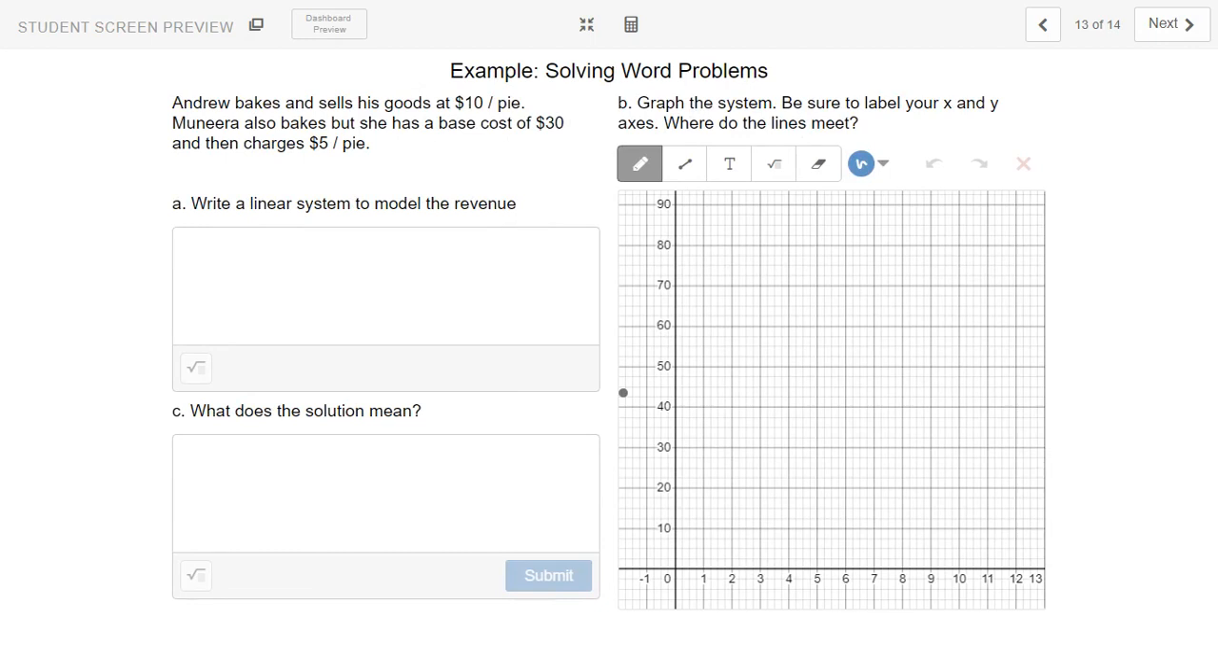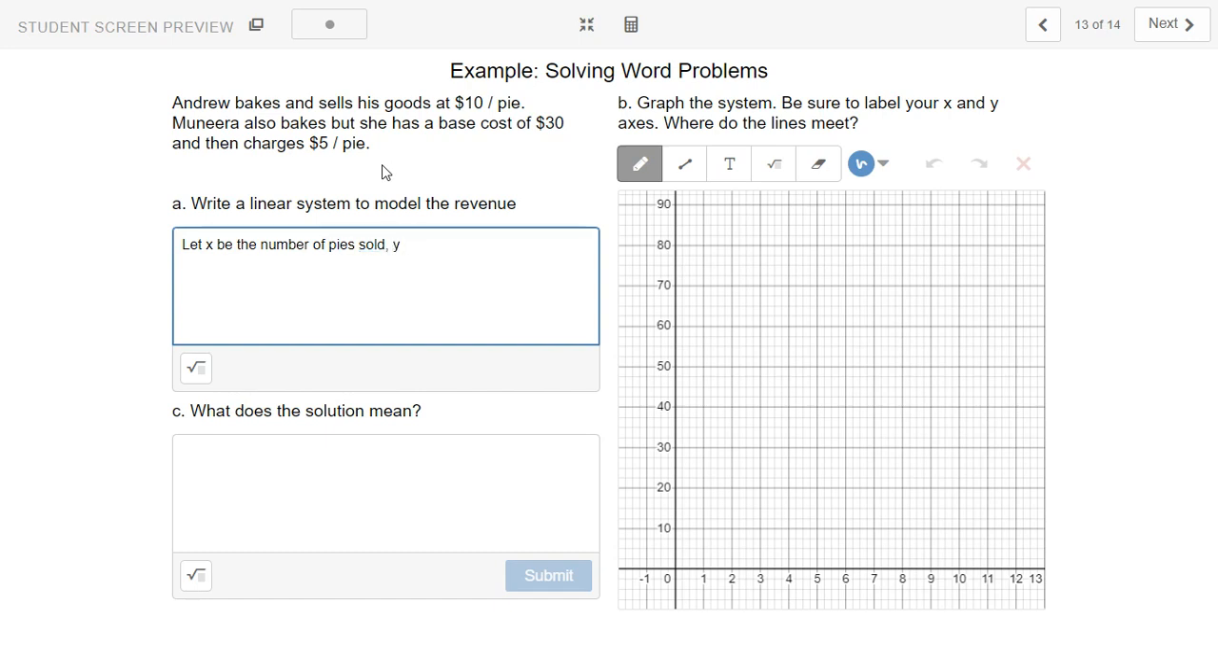Let's solve a problem using this. Andrew bakes and sells his goods at $10 per pie. Manira also bakes, but she has a base cost of $30 and then charges $5 per pie. Write a linear system to model the cost. So we know that for Andrew and for Manira, the rate that we're dealing with is the amount of money per pie. Let x be the number of pies sold,